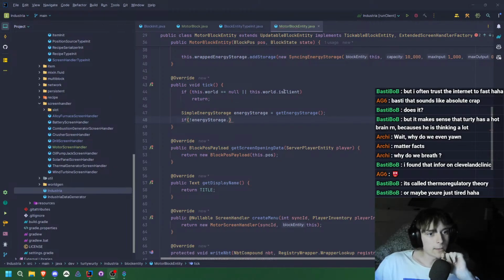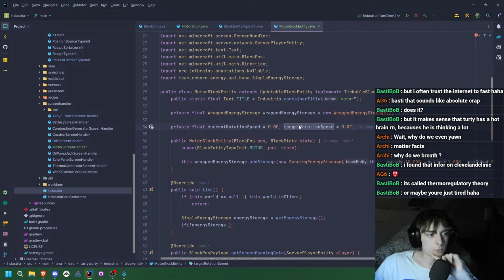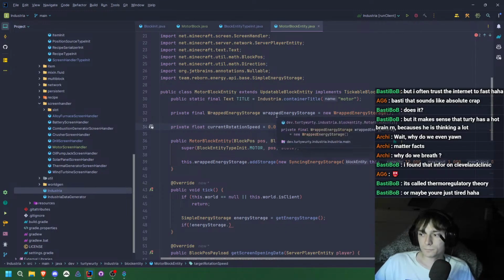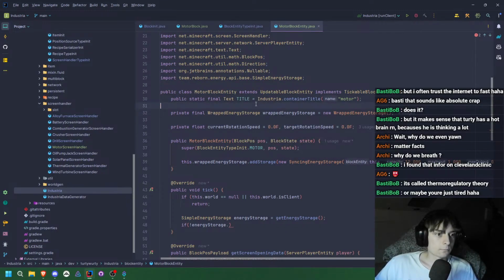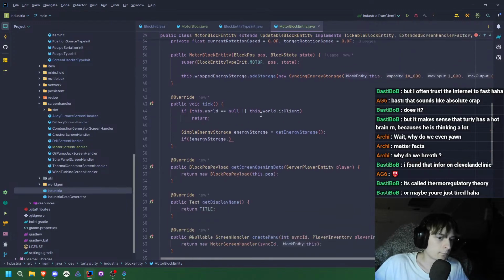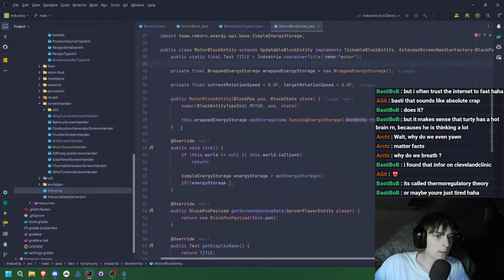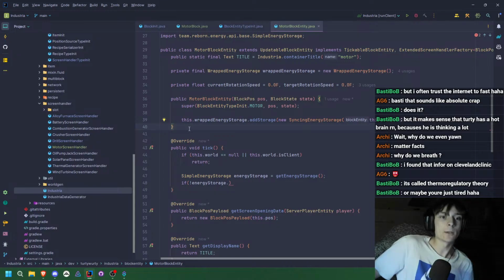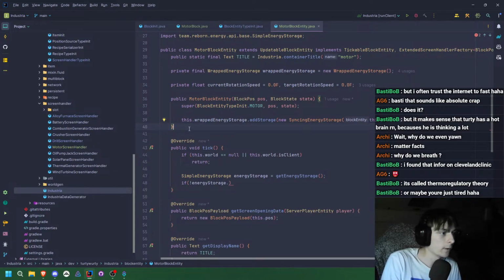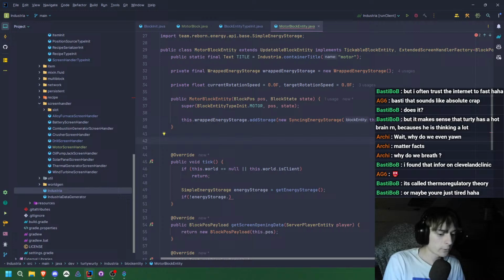Okay, if we don't have enough energy to reach the target rotation speed, do we just spin it slower, or do we not spin it at all until we actually have enough energy? I think we should just spin it as fast as we can, given the energy we have. I think that's probably the best way to do this. So let's create a